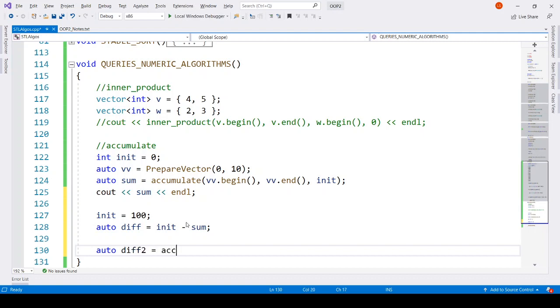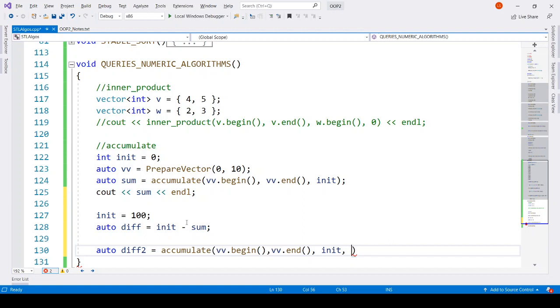So we call accumulate again, vv dot begin, vv dot end, and then the init value, which is now, notice, 100. Because init is 100, we want to sum the collection and then minus it from the init value.